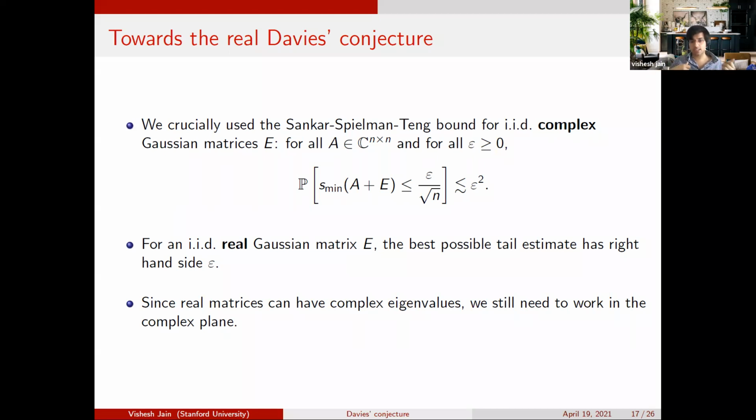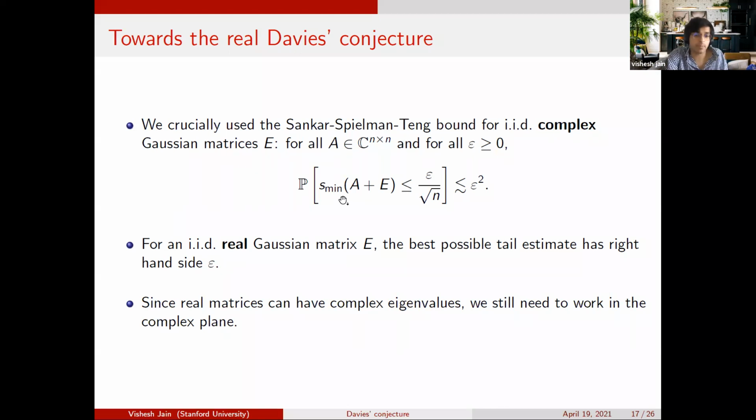The problem is that because the matrices are still non-Hermitian, they don't have real eigenvalues. So they have complex eigenvalues, and you still have to work in the complex plane. When you take the pseudospectrum, it still lives in the complex plane. So when you look at the ratio of the pseudospectral volume, it still needs to be compared to epsilon squared. But now the problem is that